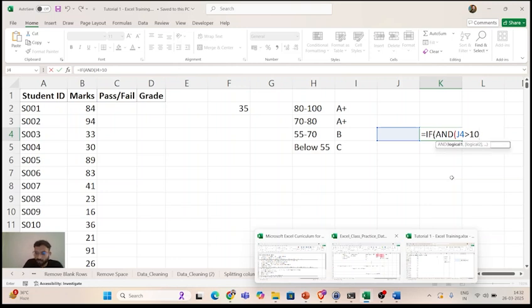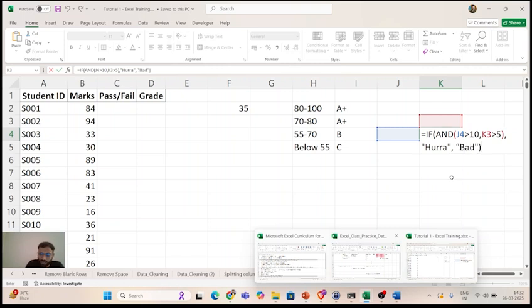This is AND, comma, logical 2 inside AND, K3 is also greater than 5. So these are the two conditions of AND. If this is true, then return hooray, else return bad.